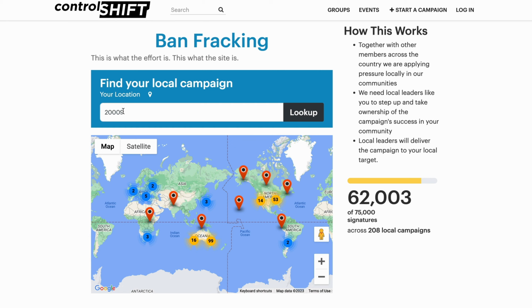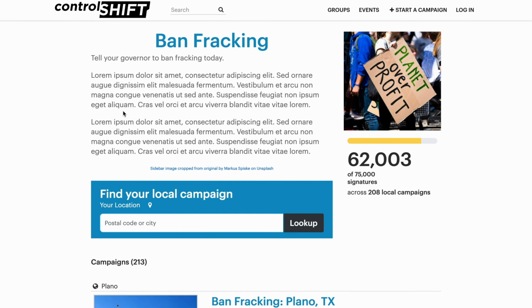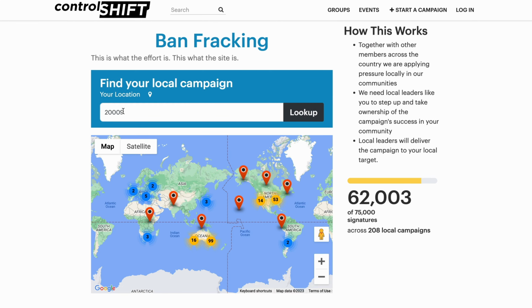The first thing to know about leader recruitment is that leaders can only be recruited from the efforts landing page. If you send them to the hub page that has the list of campaigns, they won't be given the prompt to become a leader. If you want to recruit a local leader, they must be sent to the effort's landing page or map page.